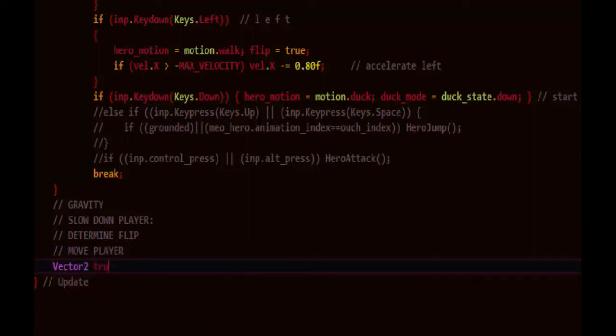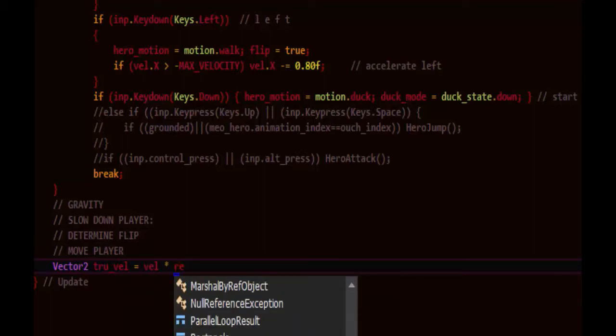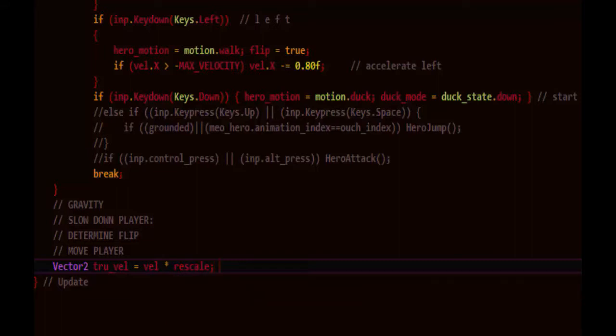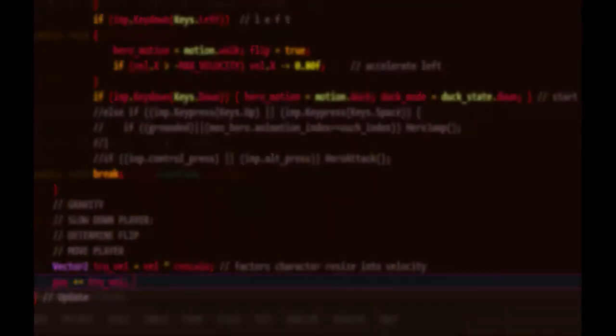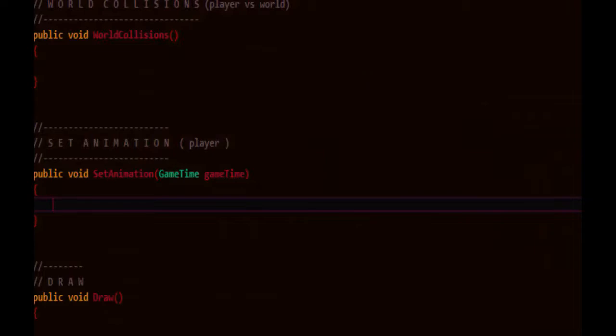Vector2 trueVelocity. So we could just say that true velocity is velocity, but we're going to factor in the rescale value because the character is a different size than it might normally be. And we'll say position plus equals the velocity. And before we set up the collisions, let's go down to set animation so that the appropriate animation will be